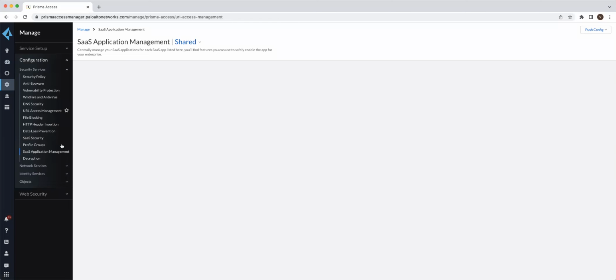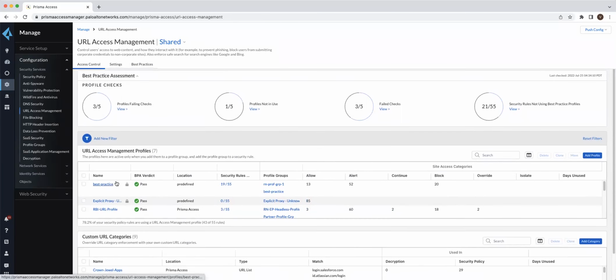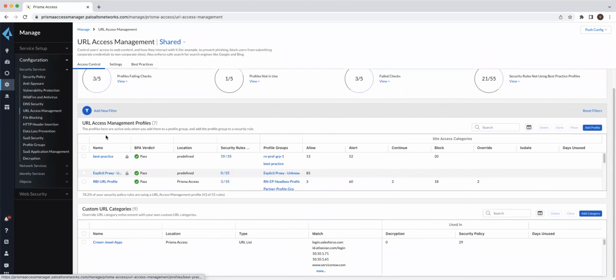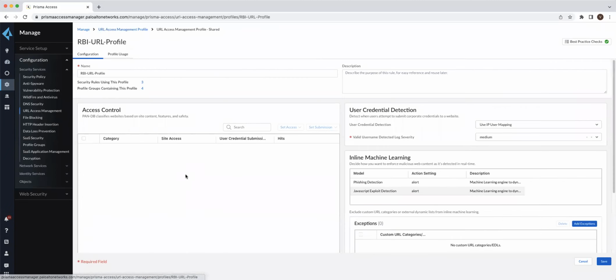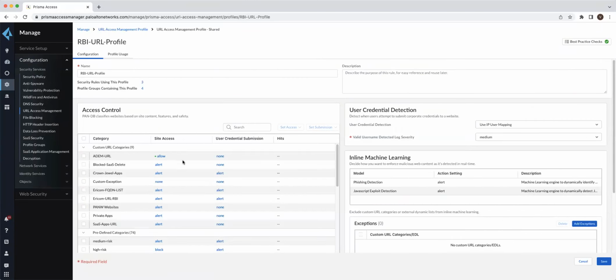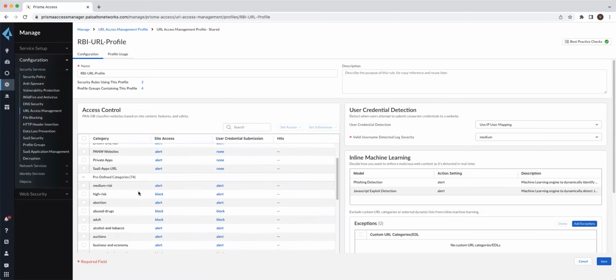If you go to URL access management here, you have a bunch of URL profiles that you can define. The easiest workflow that we have defined is, you go to the URL access management profile that you have, and then you can click on, hey, if you want to isolate with